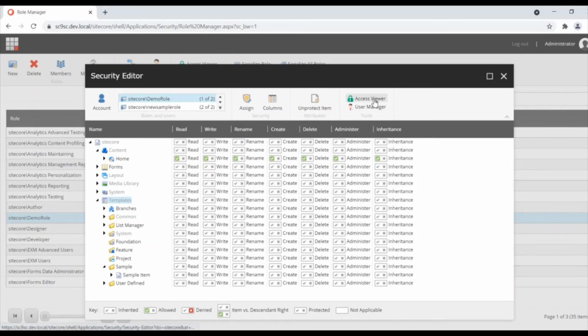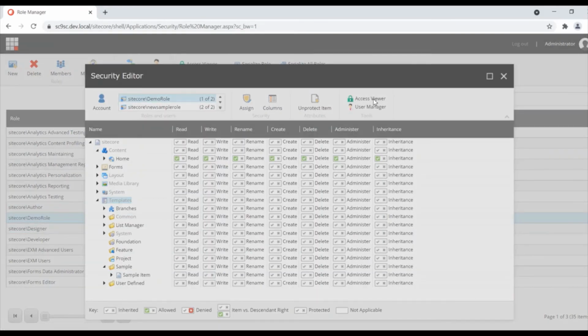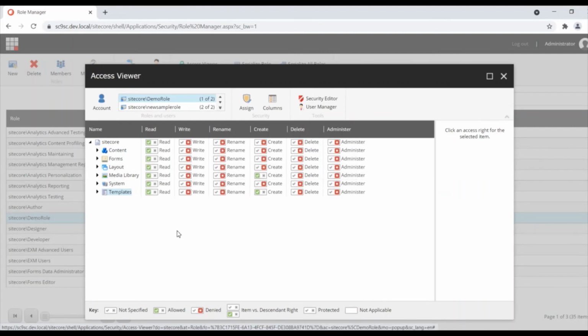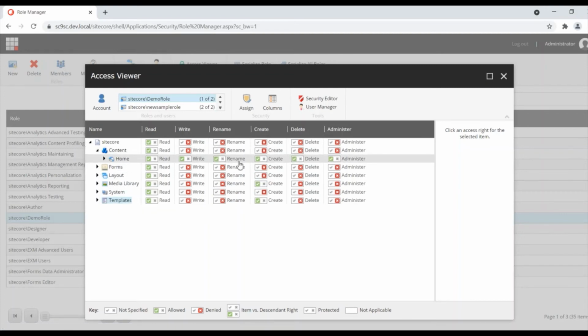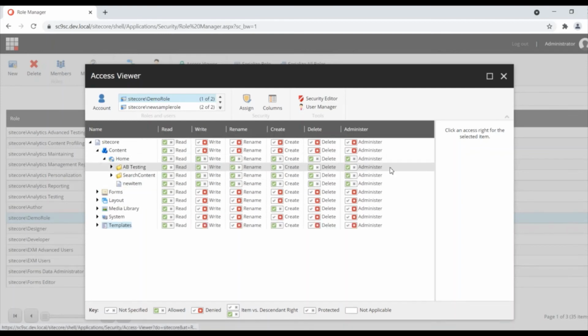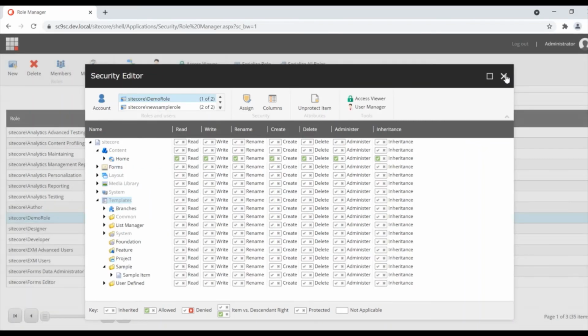There is an access viewer available, so you can view whatever role we assign. We can view overall how the authentication accesses are applicable, and the authorized accesses you can view here. Similarly, you can go to the content. You see who has all the read write admin access. Similarly, all the items and sub items will have this admin access. Remaining are read access, write access. Based on the access viewer, you can view the role, and based on that, you can assign the role using the security editor. Okay. Now I'll show you how to take a package.